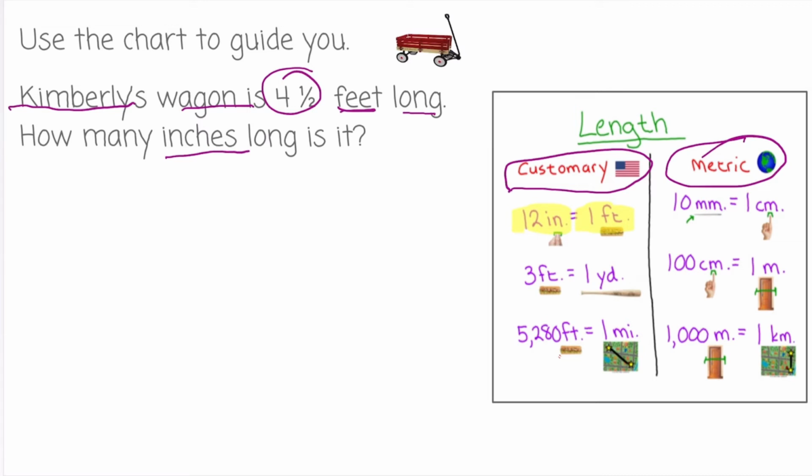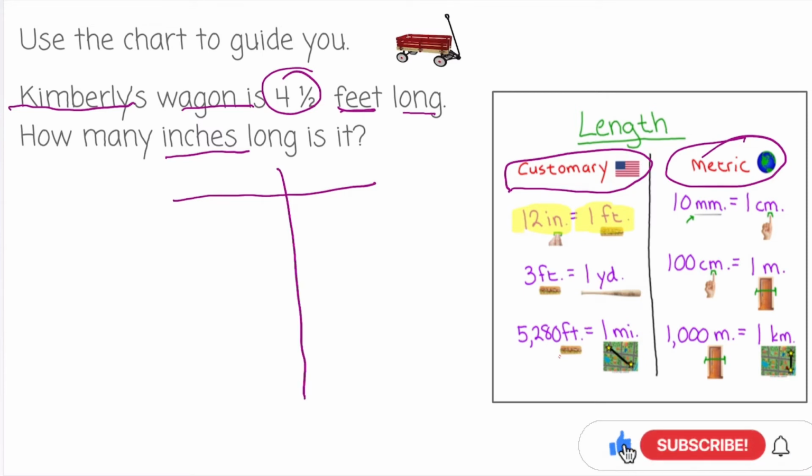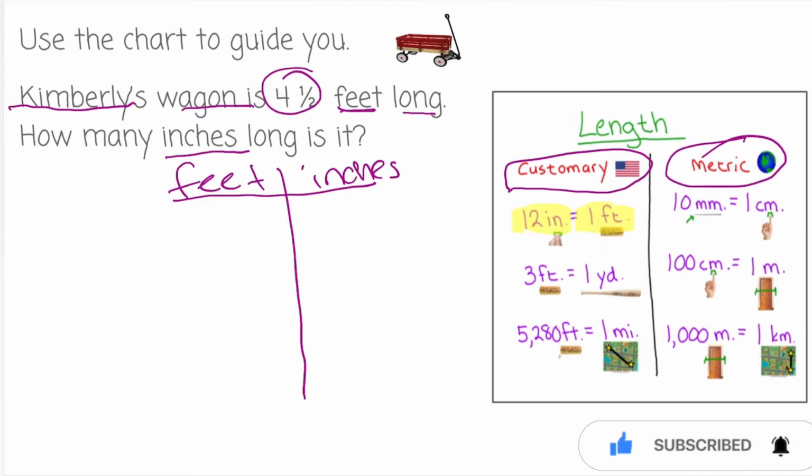I'm going to go ahead and draw my T-chart because it keeps my brain organized. I'm going to have feet on one side and inches on the other side. Now, let's do some work. It says she has 4.5 feet long. So I'm going to put 1 to represent 1, 2, 3, 4, and then I have a half. So you and I together are going to figure out what would be the value of